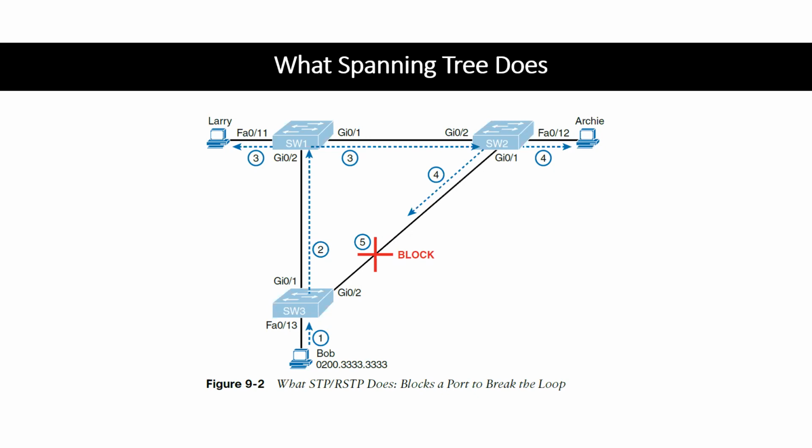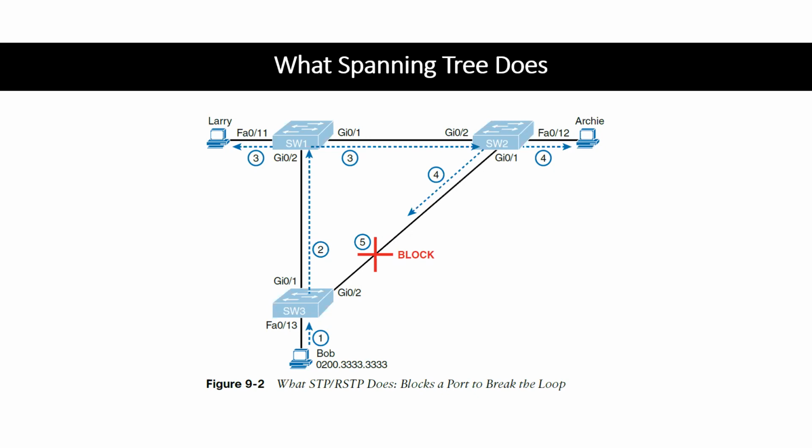And so let's talk about traffic flow, the path of a frame. I was about to say path of a packet. So we're at Bob. Bob sends that frame to switch 3, like we said before, because Bob is living off of FastEthernet 0/13. Switch 3,